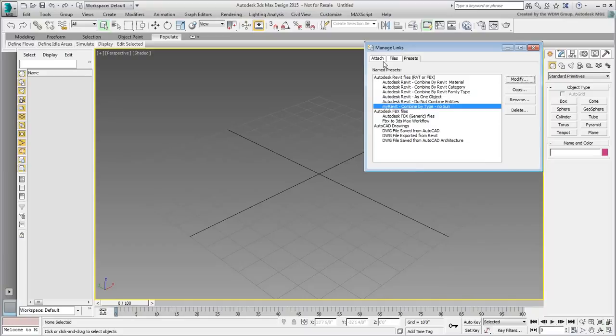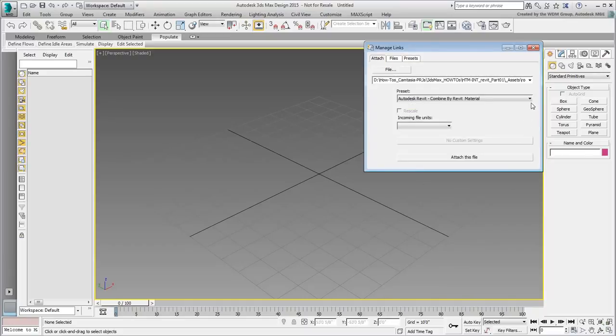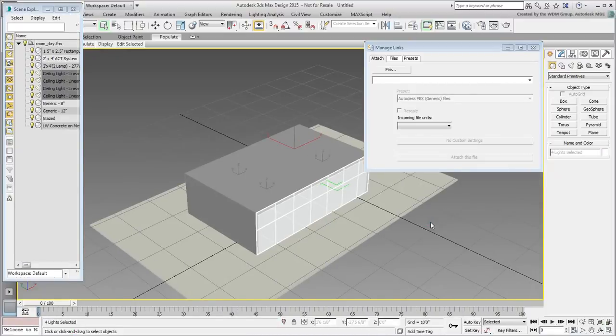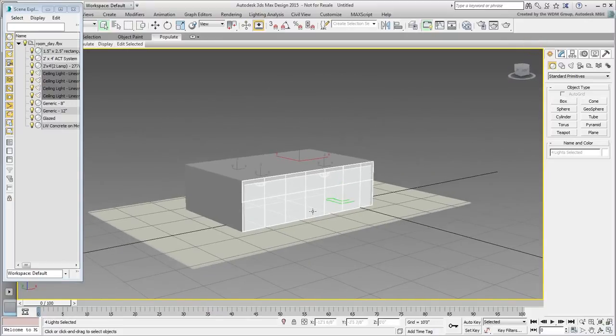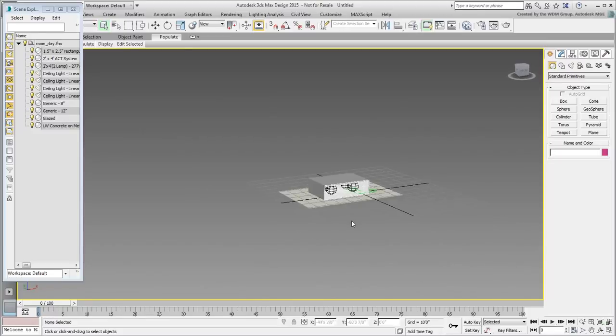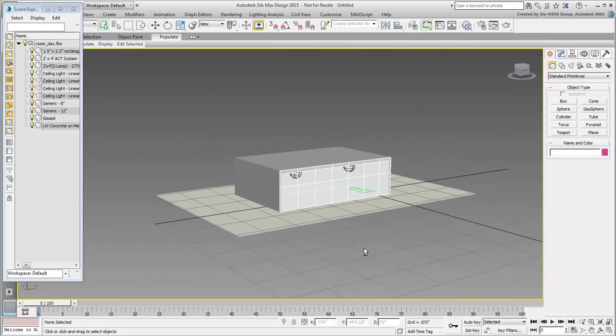Go back to the Attach tab and take a look in the Preset drop-down list. Locate your newly created preset and select it. Attach the file. Notice that you were not prompted for EV settings because you didn't import any daylight system. Zoom out and notice the absence of a daylight system and of a camera for that matter. These have been filtered out, and now you can rely on current lighting scenarios or on new ones you create